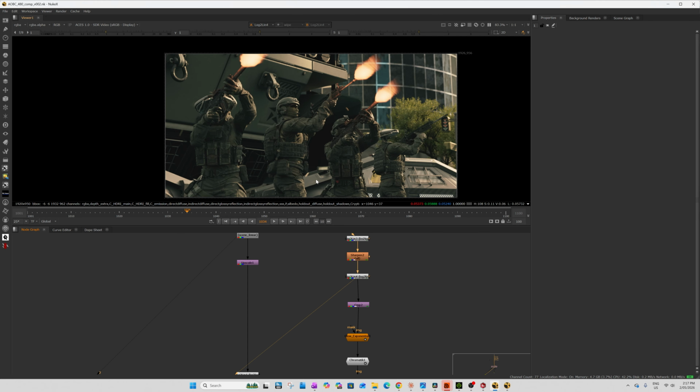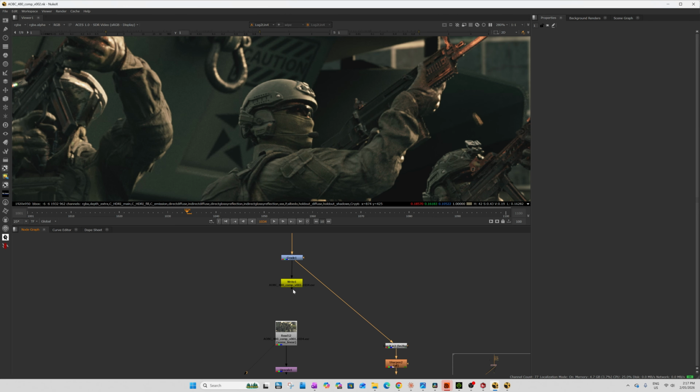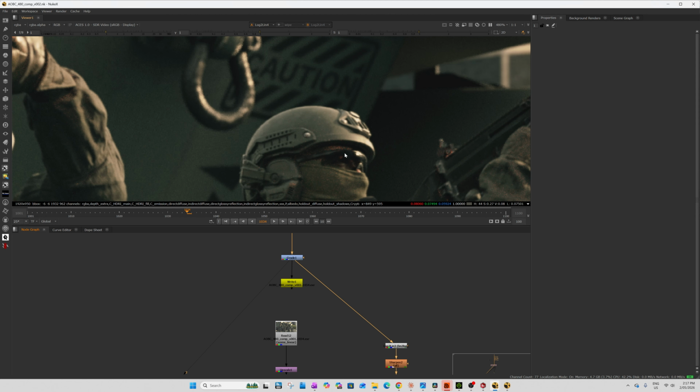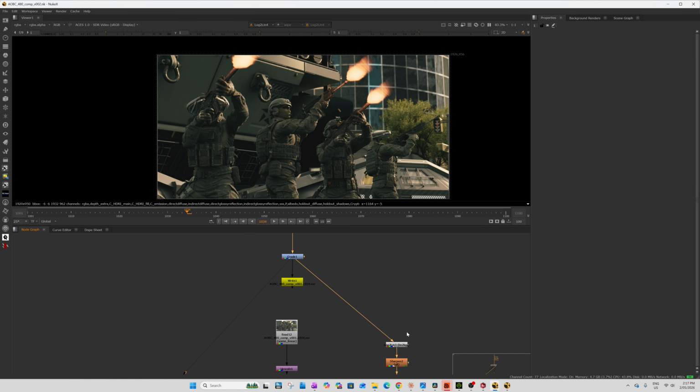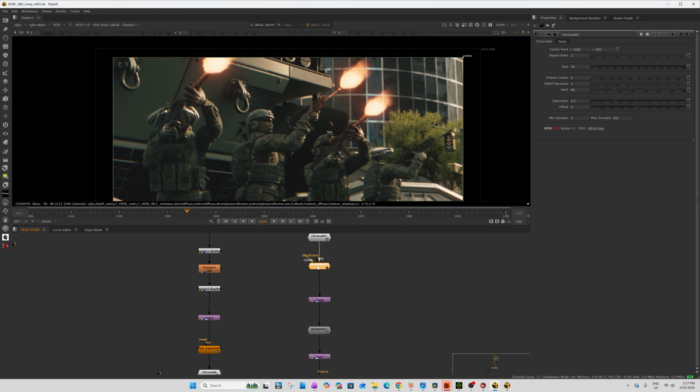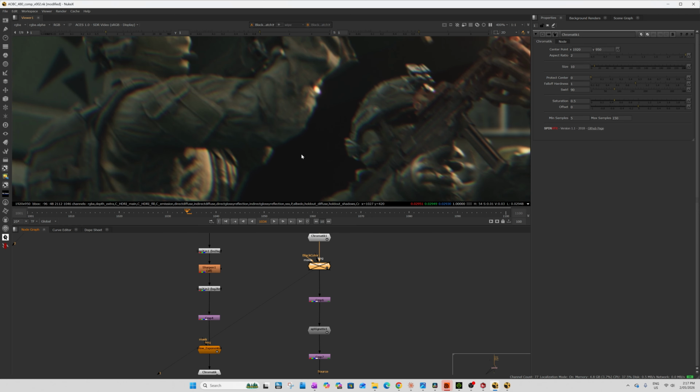Then I sharpen it, which is very subtle, on off. Glow, which always helps. Chromatic aberration. So the blacks, you don't want pure black, so I just lighten them up a little bit.